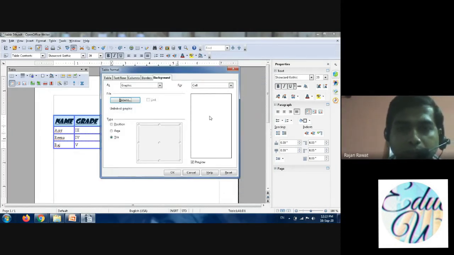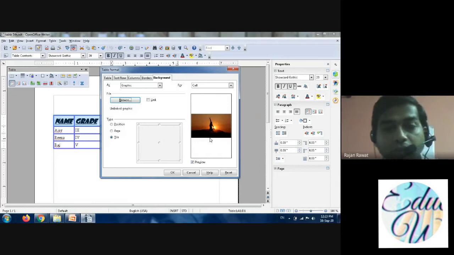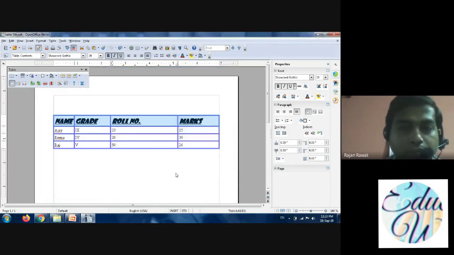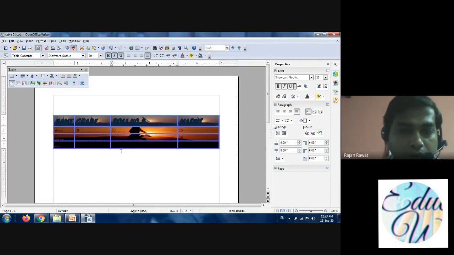Now you can see the image preview, how it looks on your window when we place it in the table. And you can select the position, area or tile. I'm selecting area, and then you have to click OK. You can see the picture is now displayed at the background of the table.